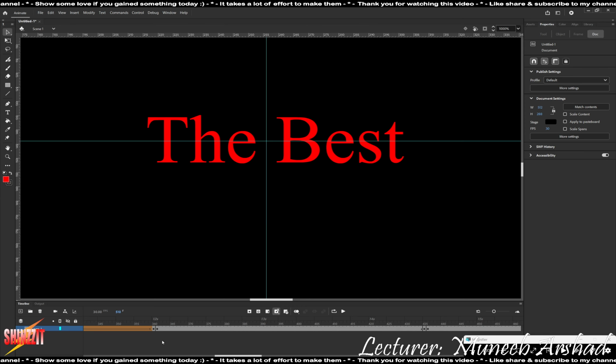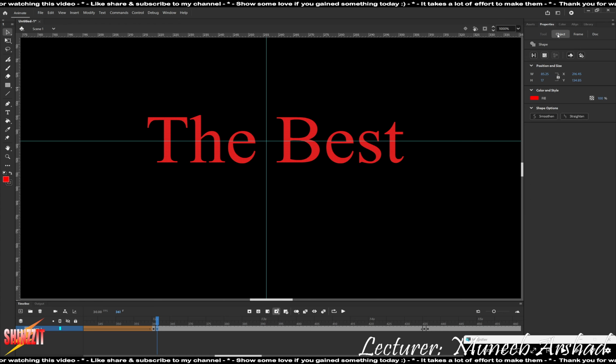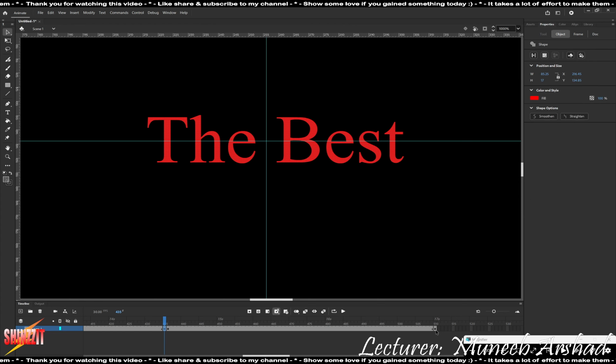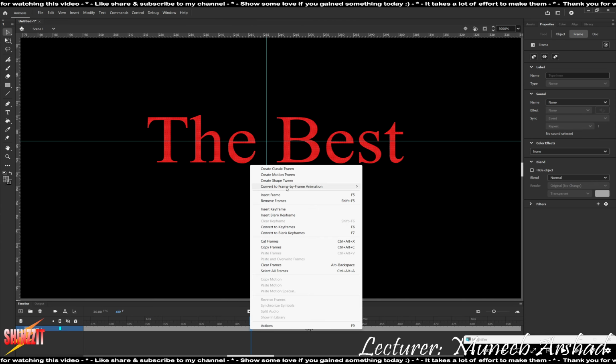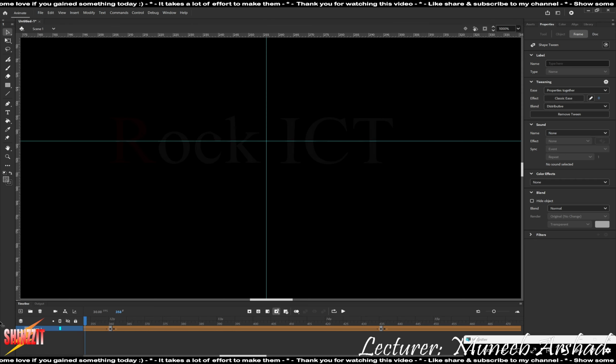When it starts to appear, the opacity or the visibility is going to be 0. So I'll select the 361 frame, select the object, and set the alpha setting to 0. It fades in. So in the center, the visibility is going to be 100, which is already 100. If I click here and the object, this is 100. What about the last frame? 0. So we click on the alpha setting and set it to 0. All points, starting points and end points, are shapes. All we need to do is apply shape tween. Right click, shape tween. Right click, shape tween. Okay? If I run the whole animation,